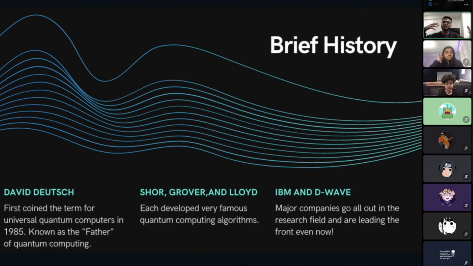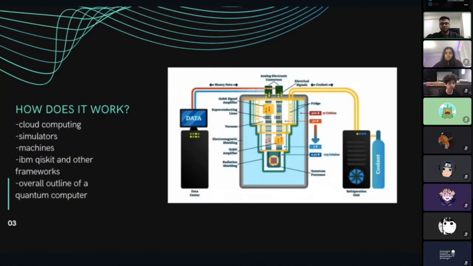Just in case anyone doesn't know what quantum is related to, remember how I was talking about transistors or on and off switches? They go based on electricity. So if electricity is passing through, the switch will be on. If it's not passing through, the switch will be off. In a quantum computer, however, it uses quantum mechanics, which are different. It looks at particles, and it looks to see which position they're in, I guess you could say. For example, they could be up or down, or they could be in between, which is called superposition, which is what we'll be making use of. But that's just a little brief history.